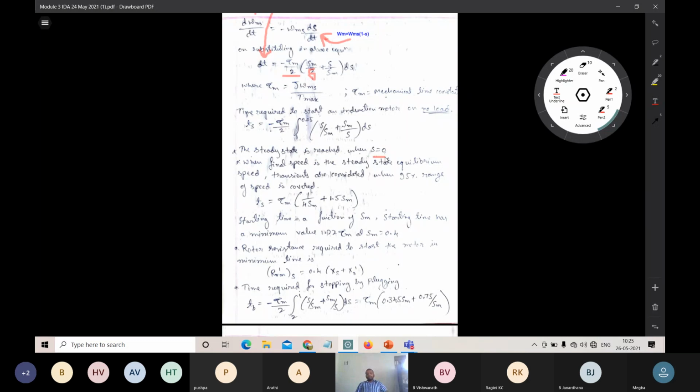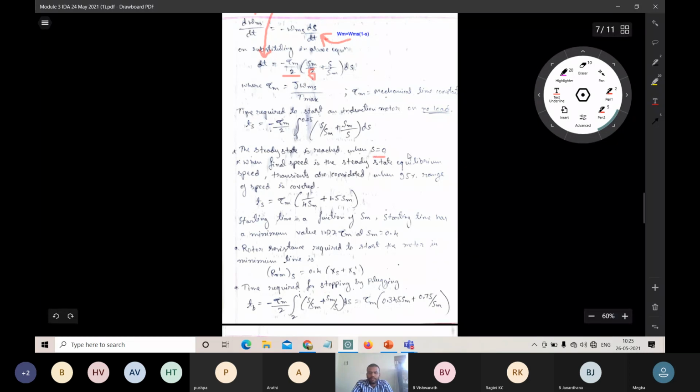The motor will be brought back into our steady state condition. So steady state is nothing but our ideal condition, a normal condition without any hazardous fluctuations in the voltage or current. Without any disturbances or vibrations, if the motor is in a standstill or normal condition, that will be called the steady state condition. So this transition from transient condition to steady state condition takes place at S equal to 0.